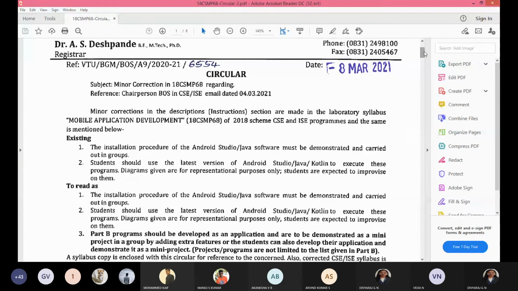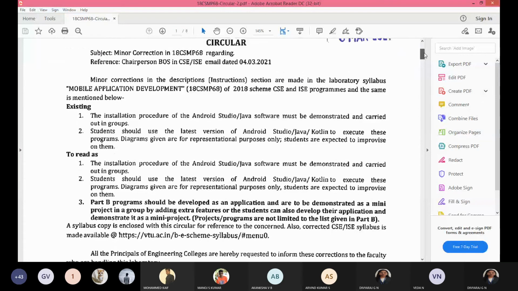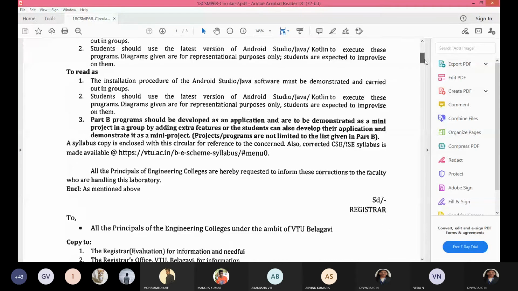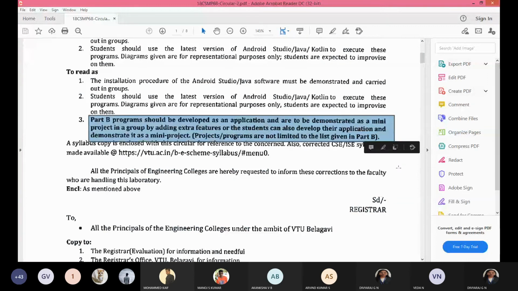This is an information for both the sections now, about the lab. As you know already, Part B contains 8 programs, right? So Part B is actually considered as a mini project. So I want all of you, both the sections,